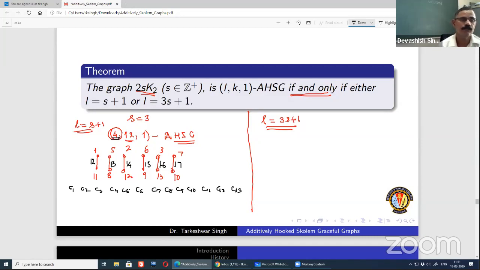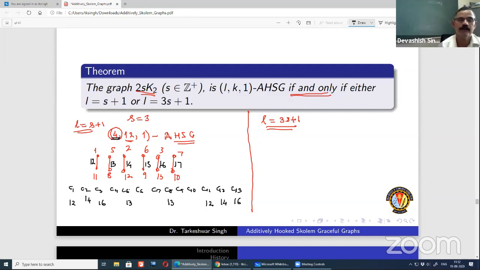Now I see where 12 appears here. So 12 is 1 plus 11. So first 12 will come here. Then where will 12 come again? At the 11th position. Now similarly, 16 will come at the 13th position as well as at the 3rd position. Now at the 5th position, 13 will come, and the 8th position also 13 will come. Then at the 2nd position, 14 will come, and the 12th position also 14 will come.